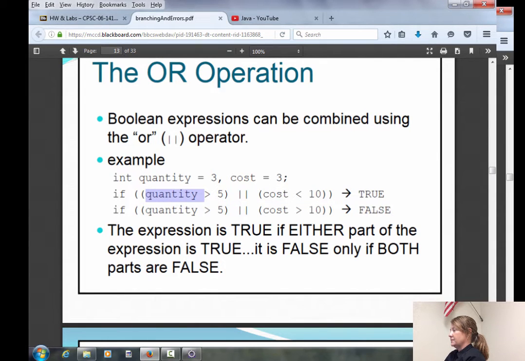Is 3 less than 10? Yes. So that makes the whole thing true. Here I switch the less than to a greater than symbol. So of course this one's still false, and this one is now false, which makes the entire Boolean expression false.